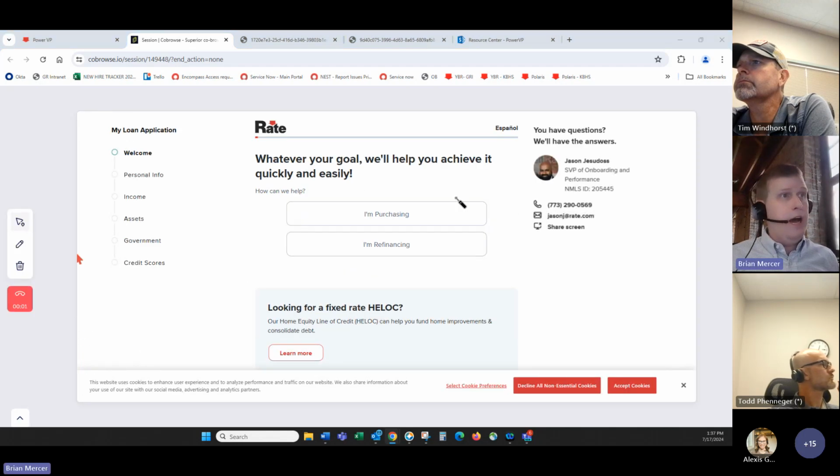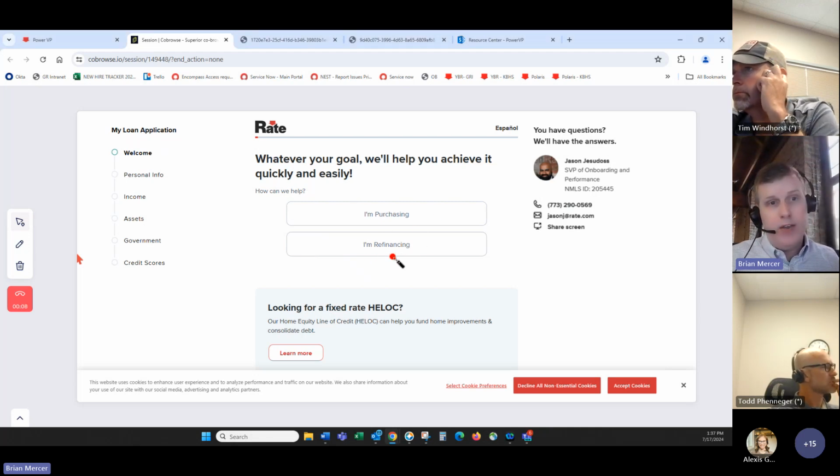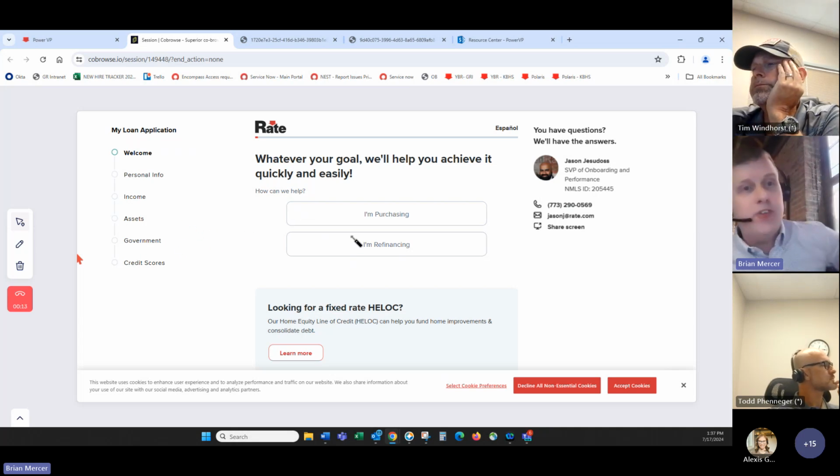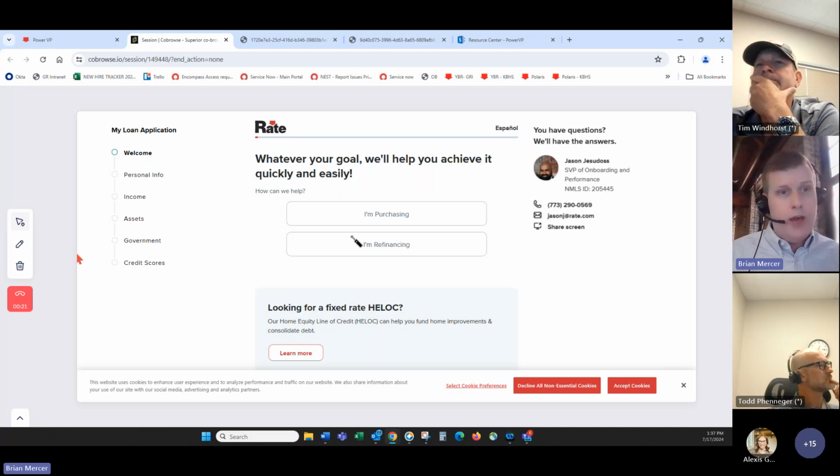And now I can see what the client is doing, and I can say, hey, right here, click the button that says I'm refinancing, or right here is where it's asking you to upload your tax returns. So hopefully you guys don't need to use the screen share functionality very often, but in the rare instances when you do, it is a massive time saver between going back and forth, trading phone calls with clients, but more